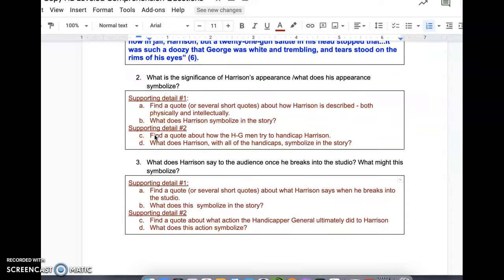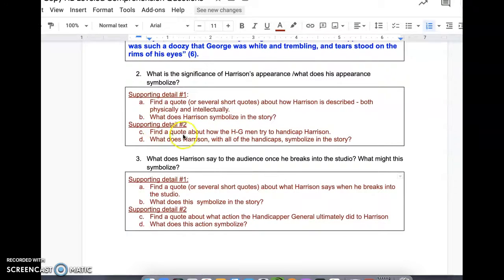So for the next supporting detail, you're going to find a quote about how the HG men tried to handicap Harrison. And then you're going to get a quote. And if you're on page 8, you should be able to get quotes for both of these, as far as page 8 in the handout that's in your folder.